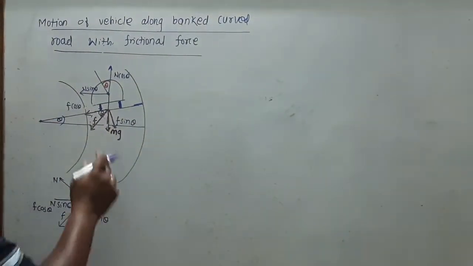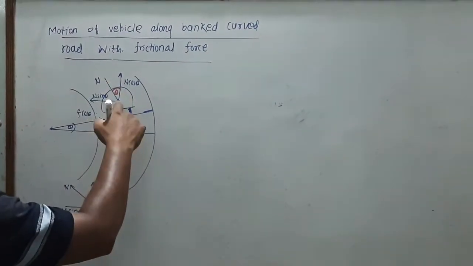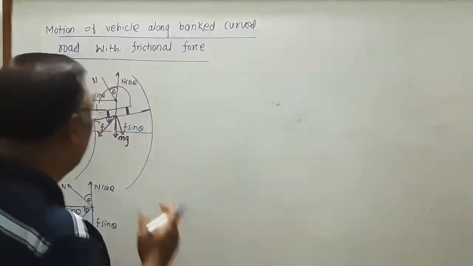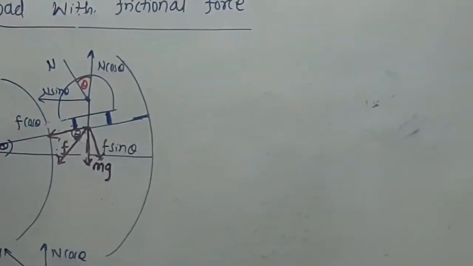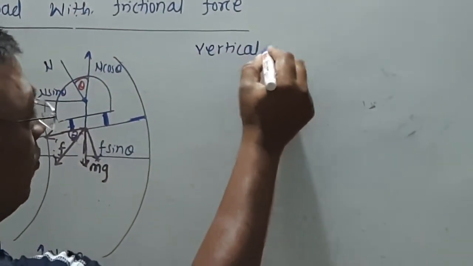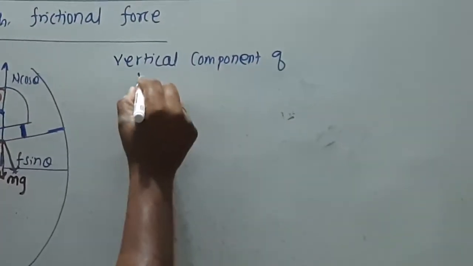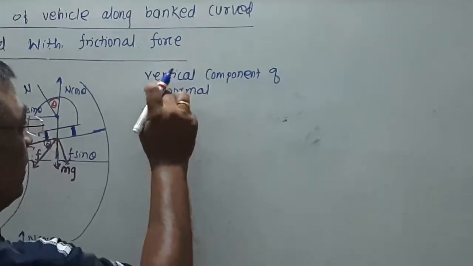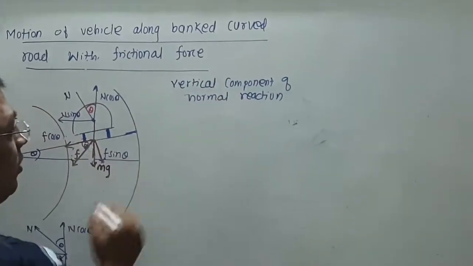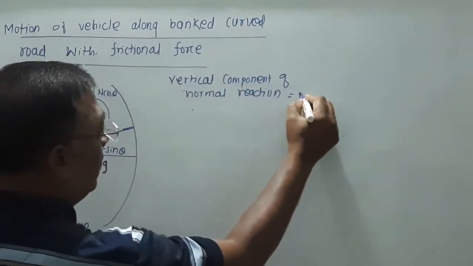The normal reaction is to be resolved into two rectangular components: one along the vertical direction and the second along the horizontal direction. So which is the vertical component? The vertical component of normal reaction is considered here as N cos of theta,